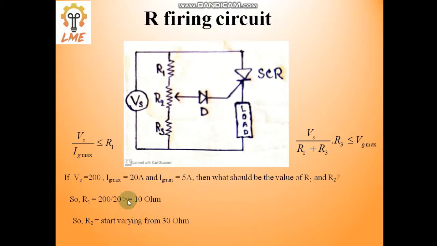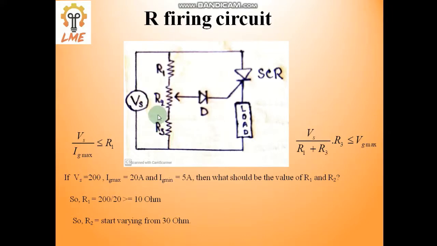But here we will not take an R1 value such that the current is less than 5 ampere. We will not consider this case. So the right answer is R1 should be equal to 10 or more than 10 ohm. That is the right answer. Just assume R1 is a constant value of 10 ohm, not ampere, it's ohm, because this is the resistance.